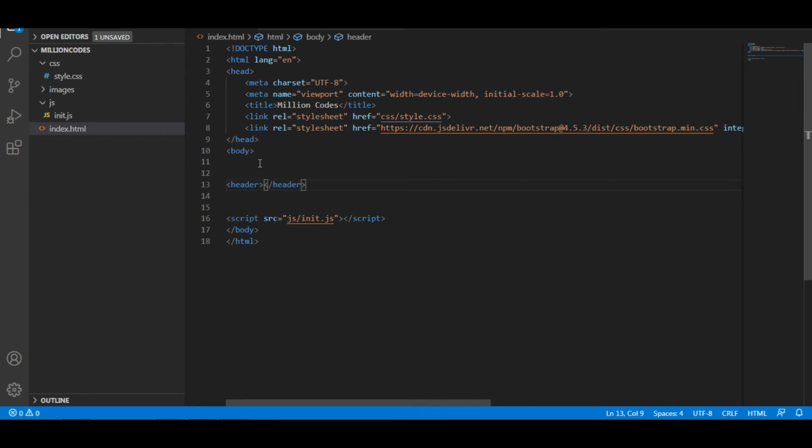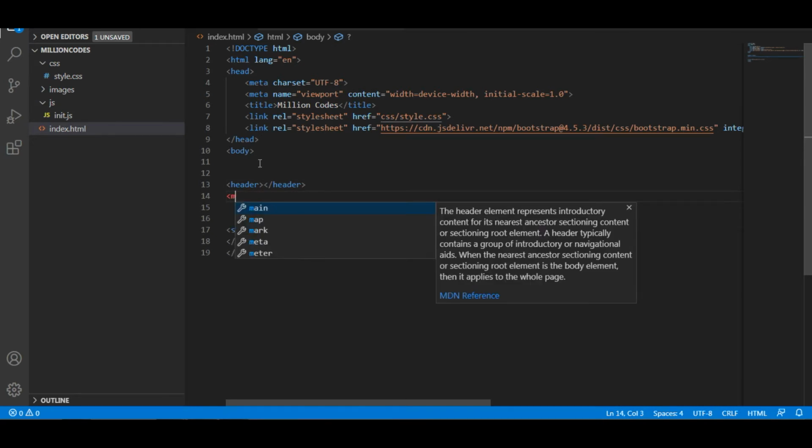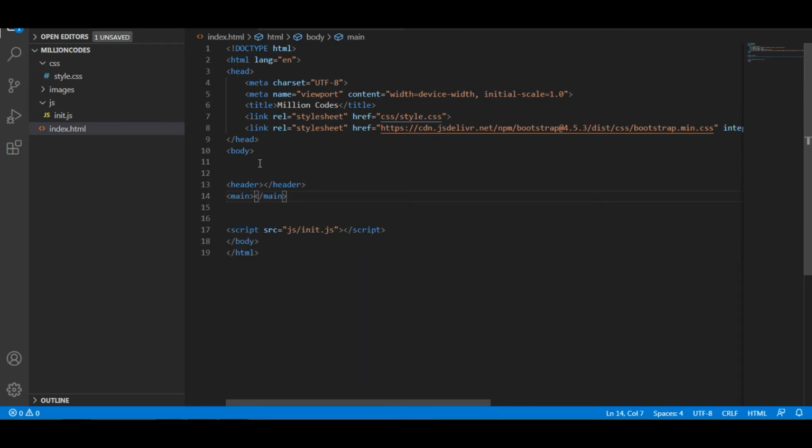For the header, we have the logo, the navigation bars and all come under the header section. Then we have the main section. The other essential parts come under the main section. The next part will be the footer section. The footer section covers the bottom navigation and the bottom copyright information.